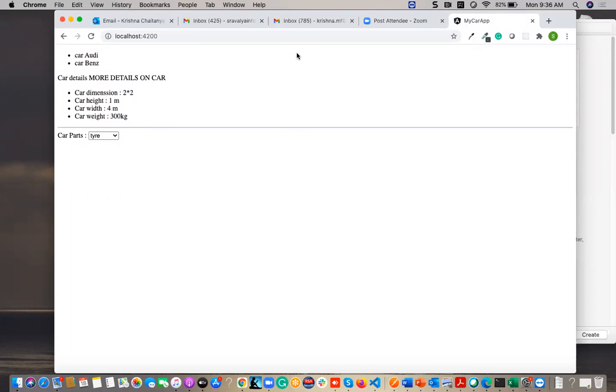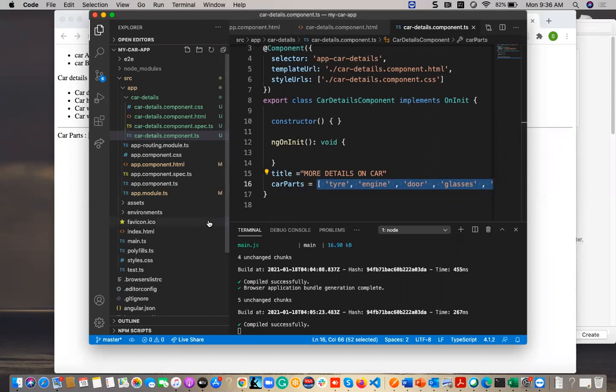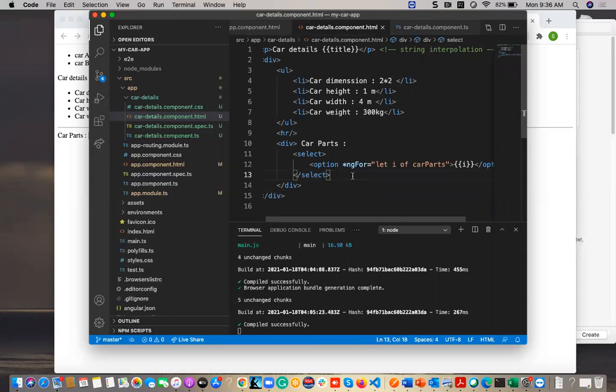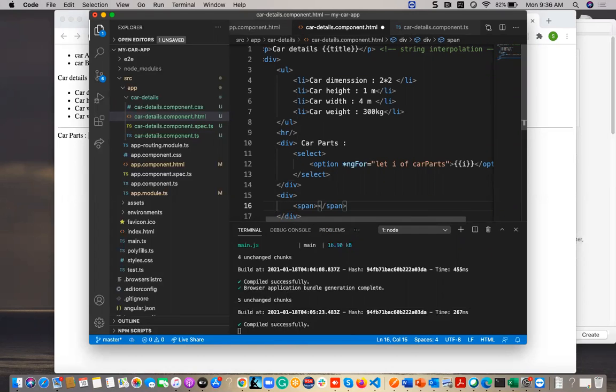So let us think you are having some condition oriented here. Let us think I have one span here, and on the basis of a condition, I want to render some details.